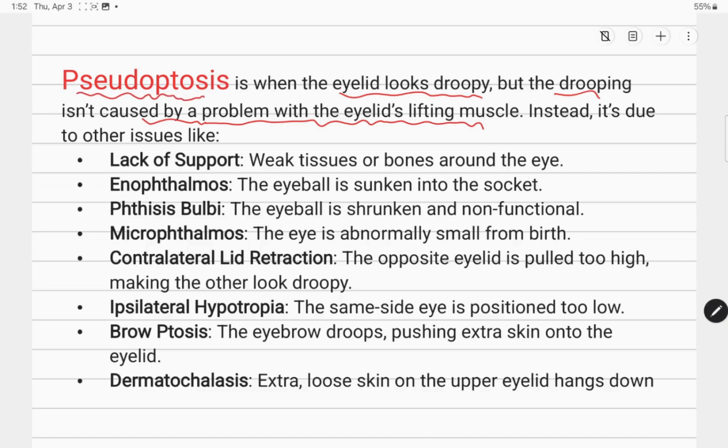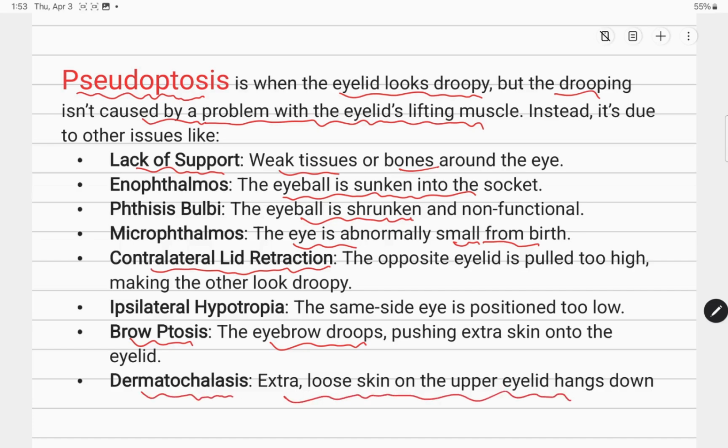It can be due to different problems like lack of support or weak tissue or bone. Other conditions include if the eyeball is sunken into the socket, if the eyeball is shrunken, or if the eyeball is small compared to normal from birth, or if there is contralateral lid retraction, or ipsilateral hypotropia, or brow ptosis, where the eyebrow drops, or dermatochalasis, in which there is extra or loose skin on the upper eyelid, which can be